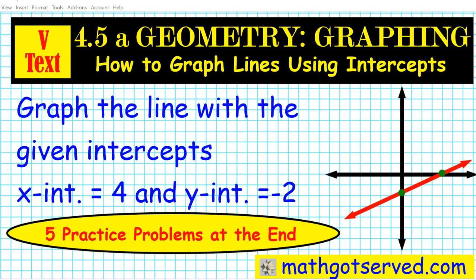In this clip, we're going to be going over section 4.5a of our virtual geometry text on graphing. We're going to be looking at how to graph lines using intercepts. We're going to be solving problems such as the one presented here. Graph the line with the given intercepts, X-intercept 4 and Y-intercept -2, and you have to use that information to